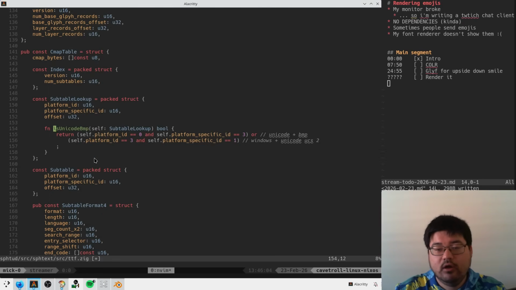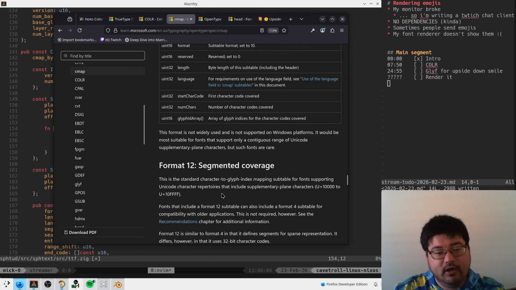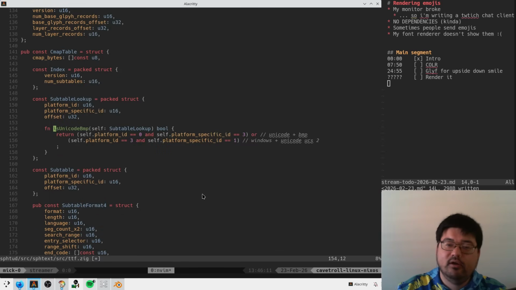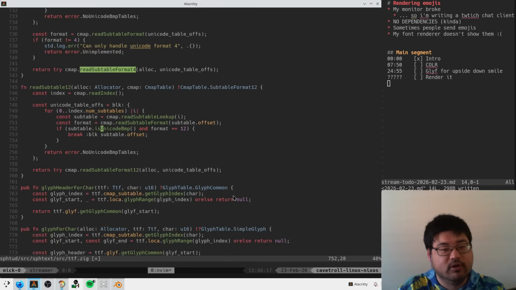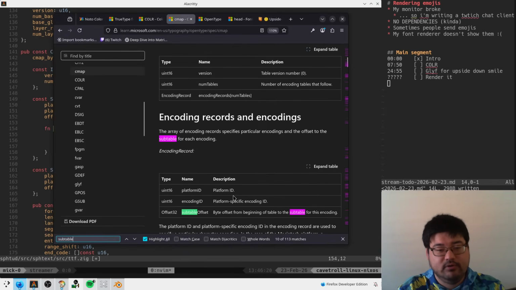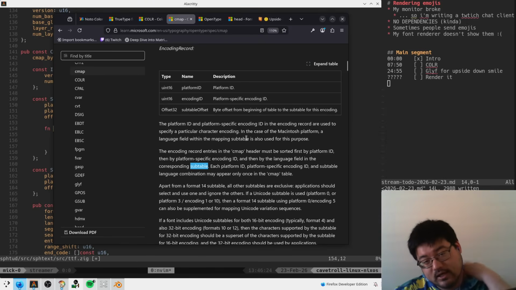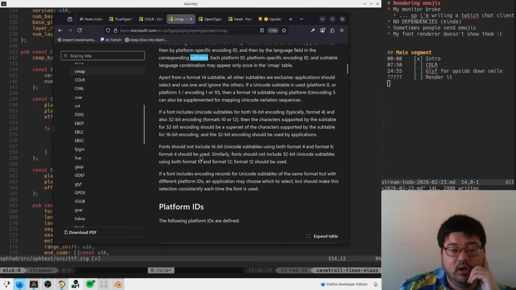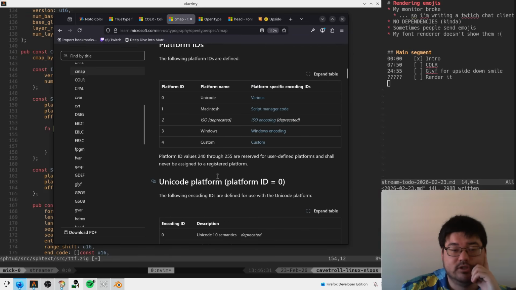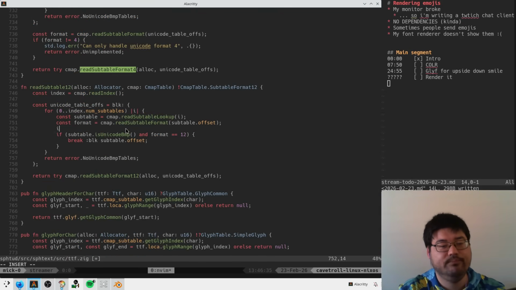No idea, but it was here for a reason. Okay, so where does this come from? Subtable. Okay, here we go. The platform ID and platform-specific encoding ID in the encoding record are used to specify a particular character encoding. Here we go. So we have these. So can we say, if